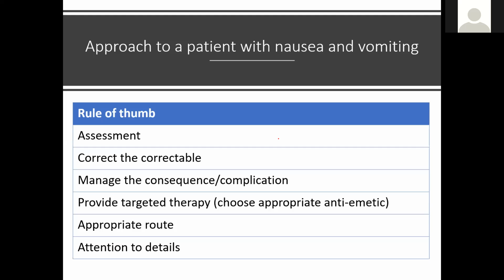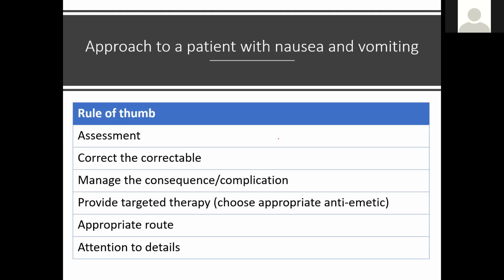Ask when do you vomit? Is it before food, after food, irrespective of food, or only while taking food? What is the volume of vomitus? Is it preceded by nausea? Is it unchanged, undigested food particles, or is it black color, green color? So you have to ask each and every detail in assessment. Is it associated with pain? Is it associated with constipation? Is there any headache? We don't know whether it is a raised intracranial tension, so ask whether there is any headache, etc.